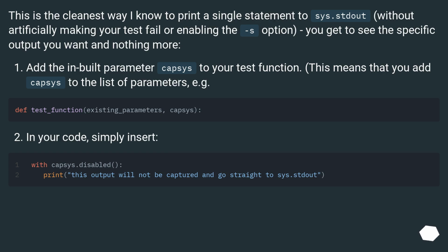This is the cleanest way I know to print a single statement to sys.stdout, without artificially making your test fail or enabling the -s option. You get to see the specific output you want and nothing more. Add the inbuilt parameter capsys to your test function. This means that you add capsys to the list of parameters. For example,